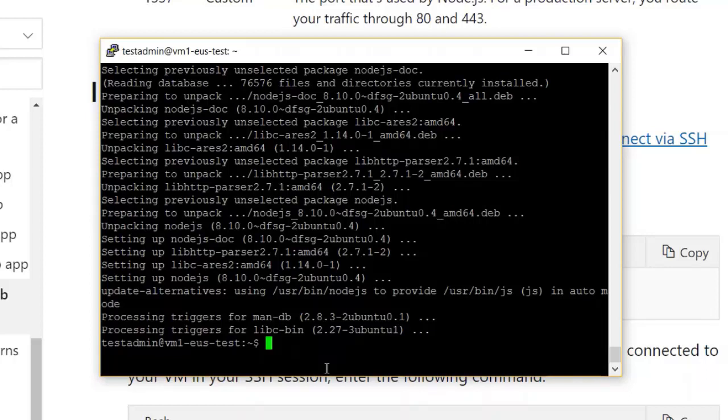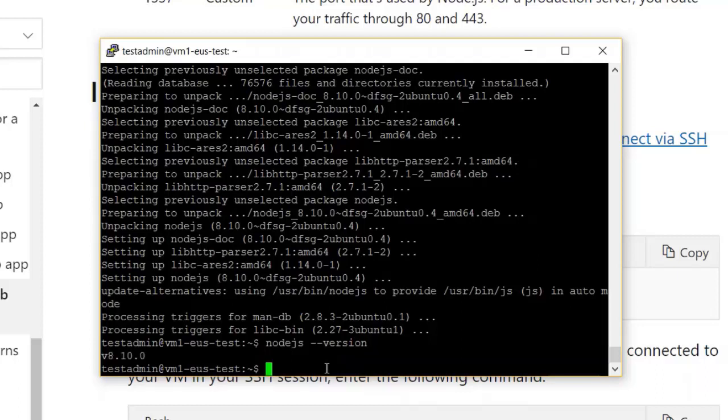Now you can check the version of Node. It will give you a hint that Node is properly installed on your virtual machine. Type node version. As you can see, it is showing version 8.10.0 is installed on the virtual machine. Let me check the npm version.